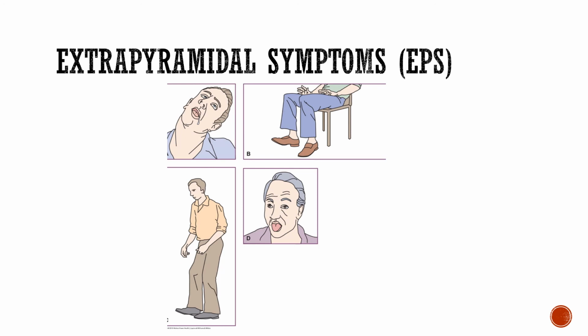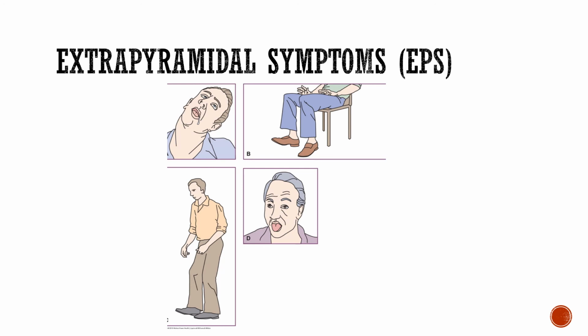B, that's kind of a representation of akathisia. That's a continuous restlessness. I mean, these guys just cannot sit still. They're constantly moving. It's not like me sitting there waiting in the doctor's office where I'm tapping my foot. If I notice I'm tapping my foot, I just stop it. These guys ain't stopping it. They're constantly tapping, and they're constantly moving their arms and legs. I mean, it can get real bad.